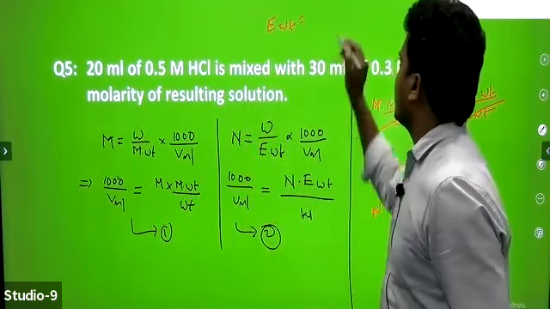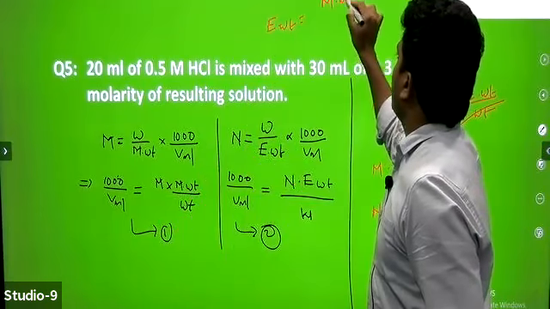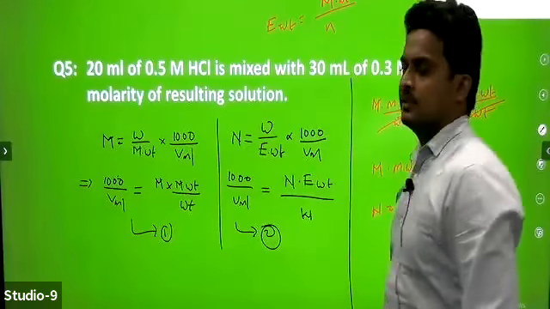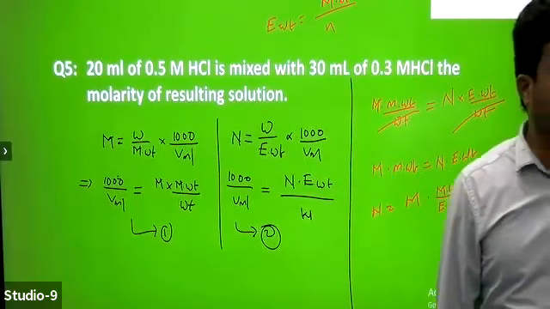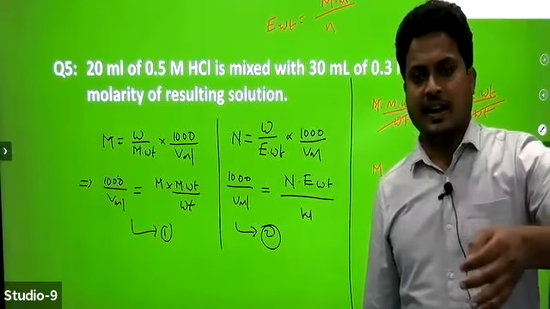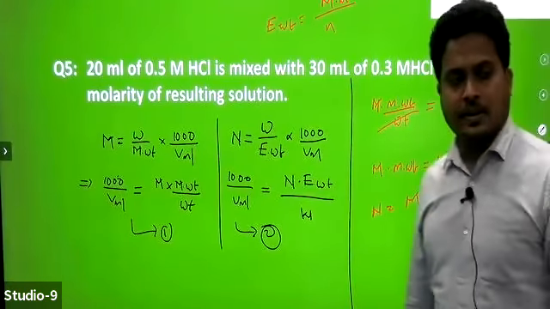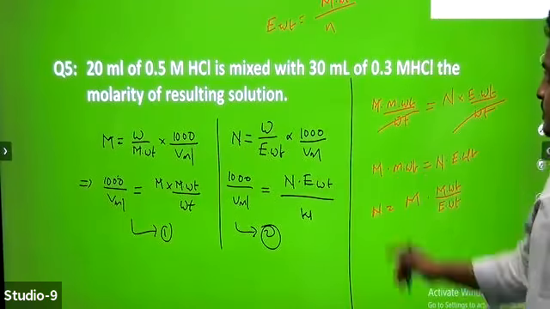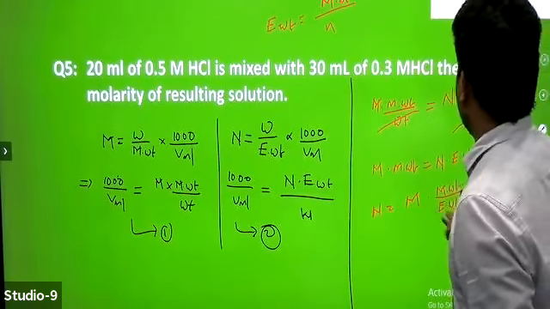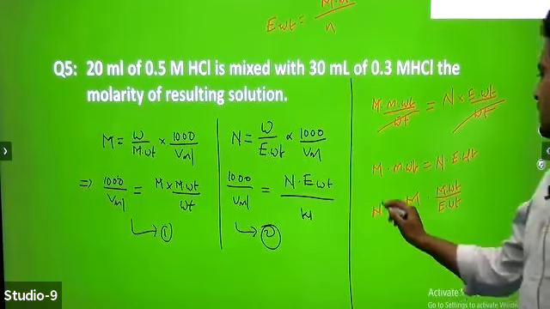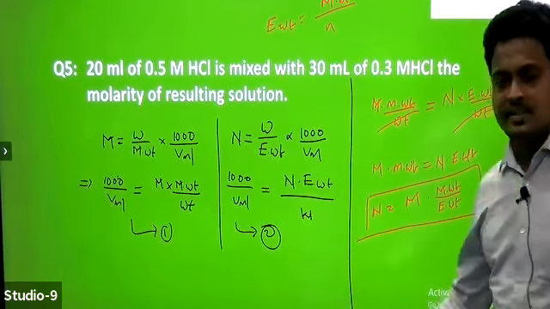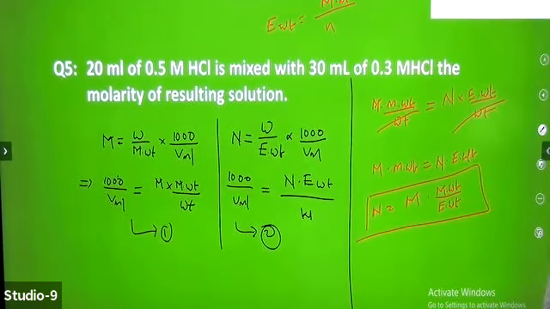The same way, can I write like this? So molecular weight by, that is N. Can I write N factor in place of acidity, basicity, valency, total charge on the cation or anion, or number of electrons involved in any reaction? So substitute here, then what we get? If molecular weight and equivalent weight are given, this is the relationship between molarity and normality.